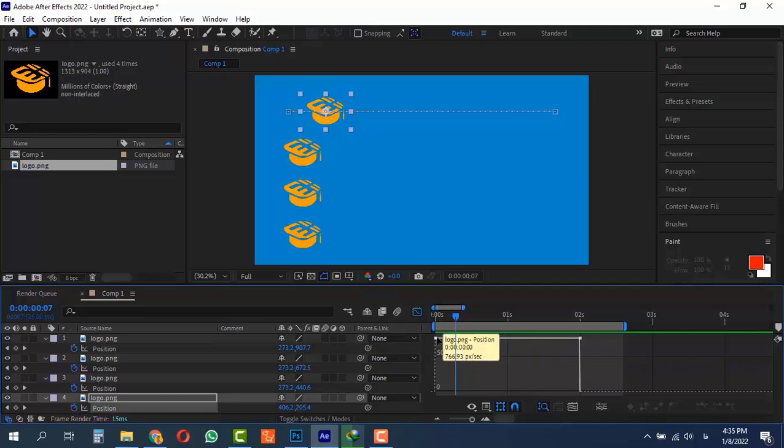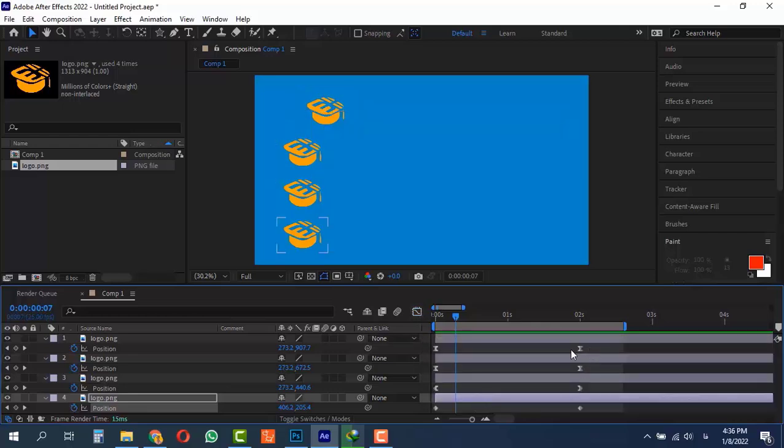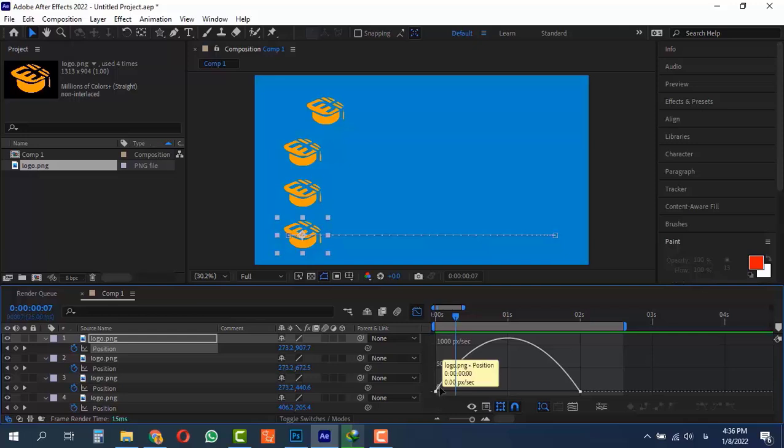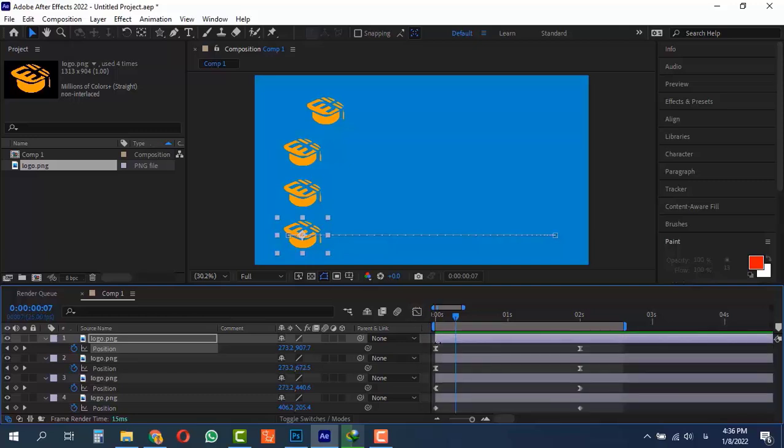Now the speed is constant. At first the speed is 0, and until the end the speed remains constant and moves on a line. But here, if you pay attention, first the speed decreases, then increases, and after that gradually decreases. I will tell you a point and then I will explain how to change the speed. For example, you create a keyframe and convert it to easy ease. If you want to restore it to its original state, you hold Ctrl and click on it, and then it